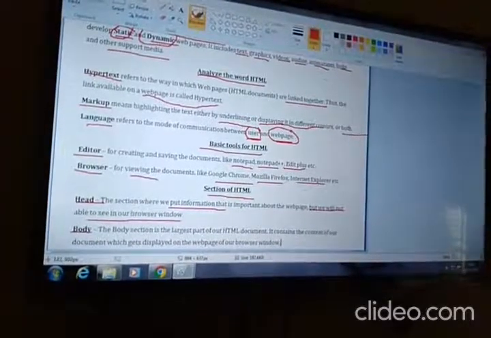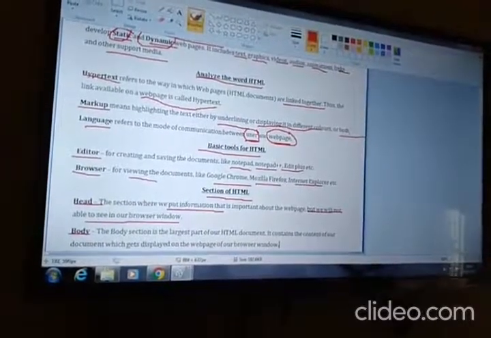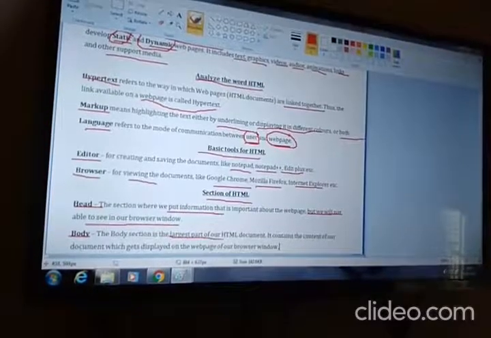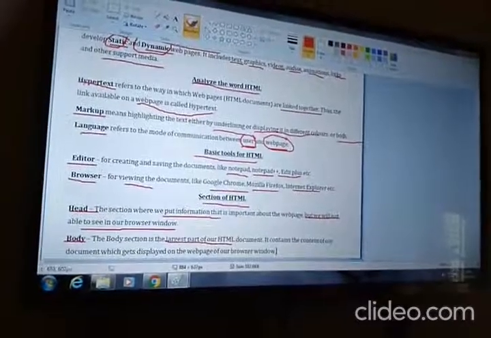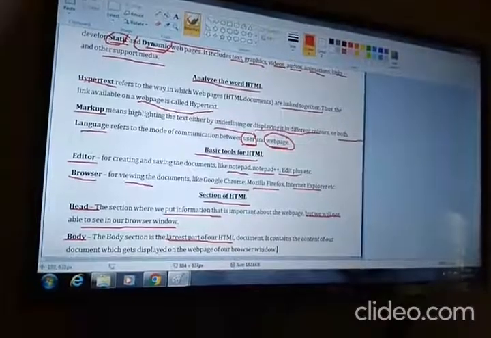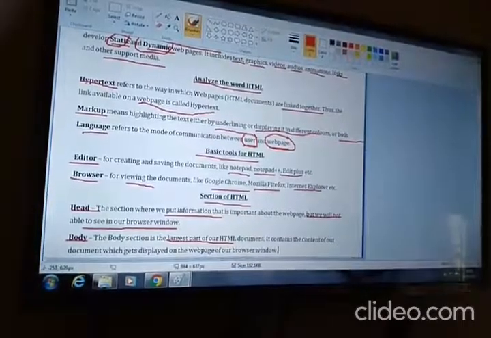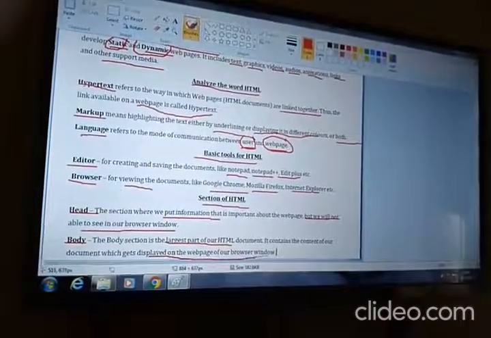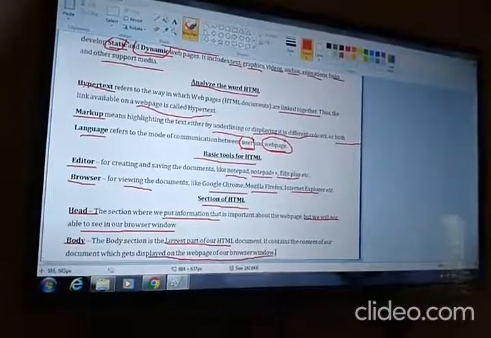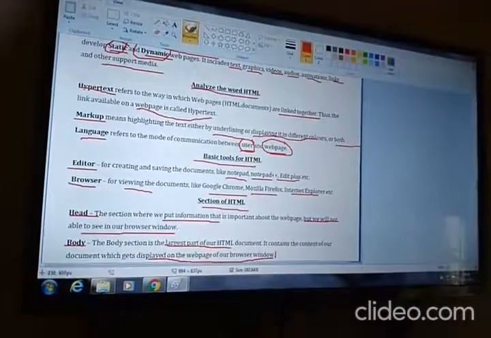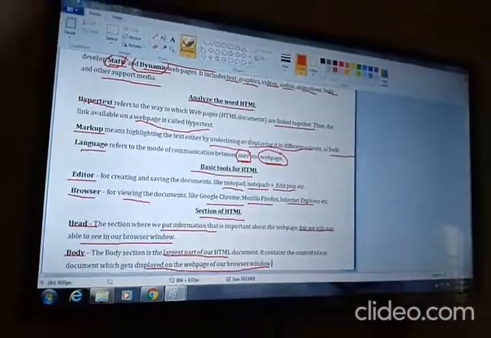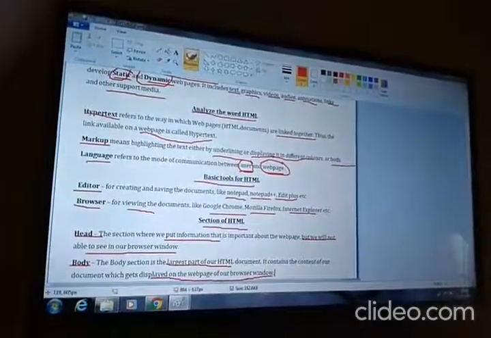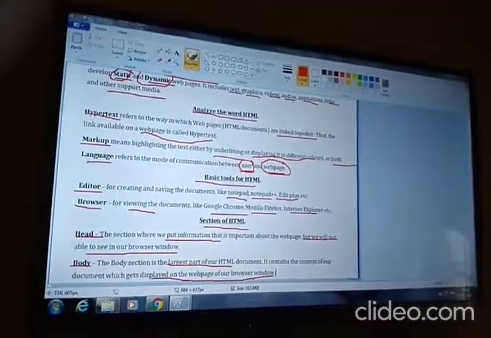And the second part, the body section, is the largest part of our HTML document. It contains the content of our document which gets displayed on the web page in the browser window. Head we can't see on the browser window, but body text we can see on the browser window.